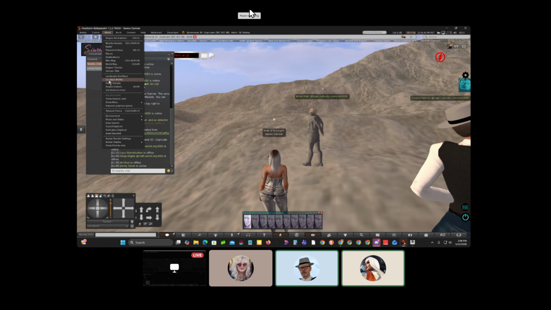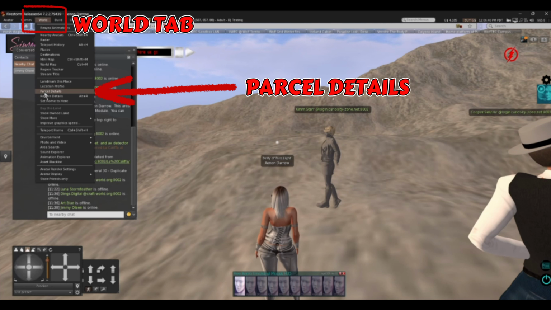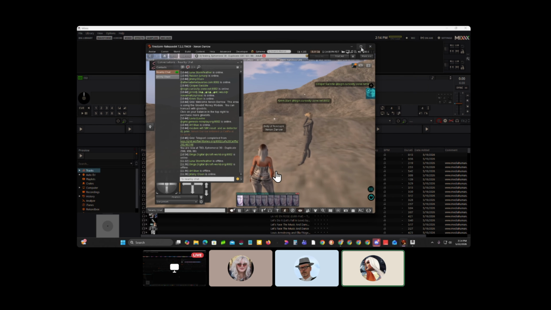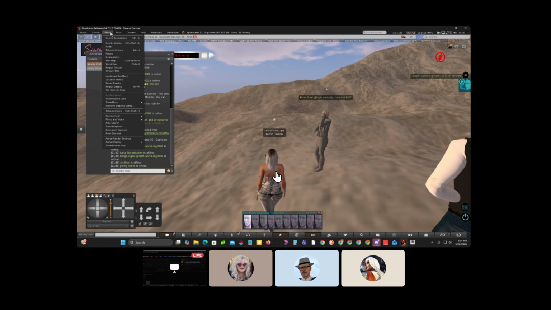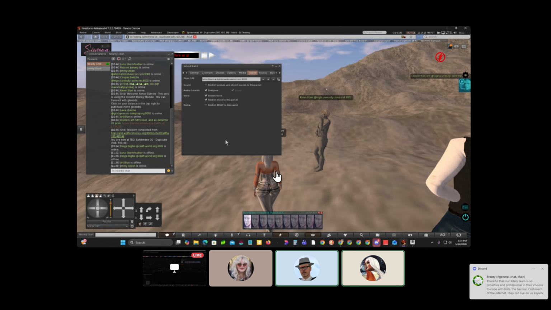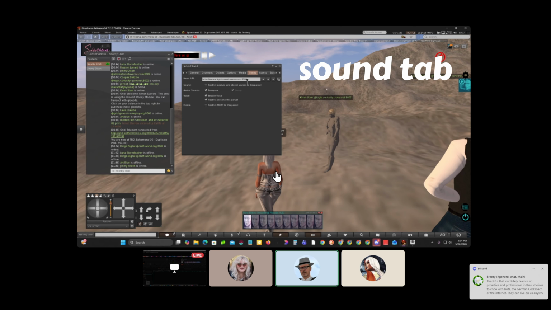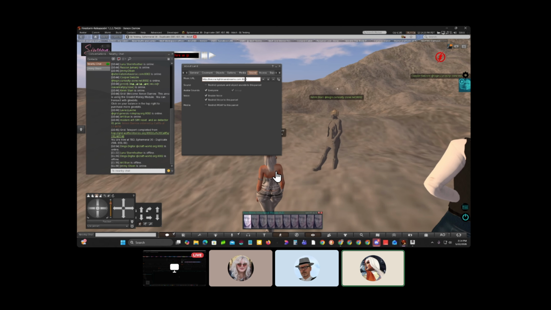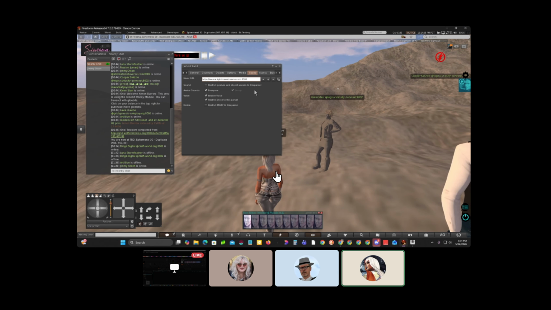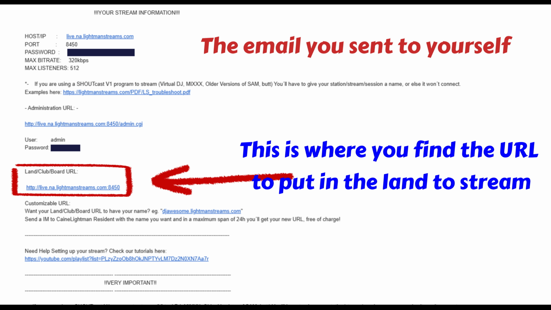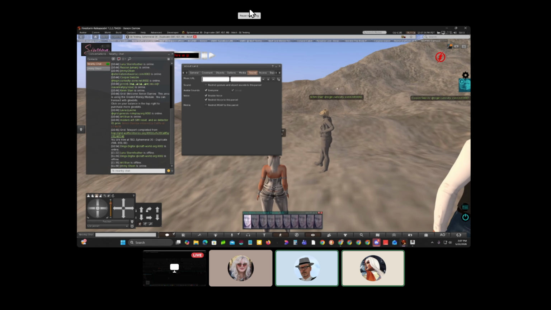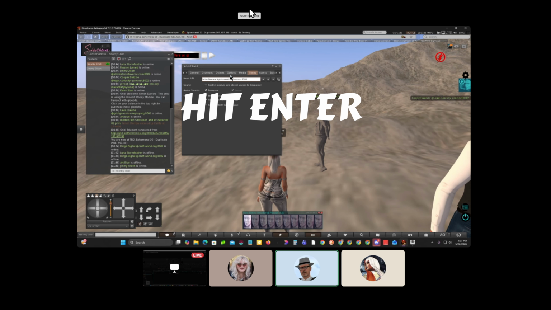We're going to change the parcel. So to put this stream in world, you come up here to world, parcel details, and then you're just going to paste your stream in here. That's why you want to have it somewhere handy where you can just copy and paste it in. Minimize that, put that up in there, hit enter,